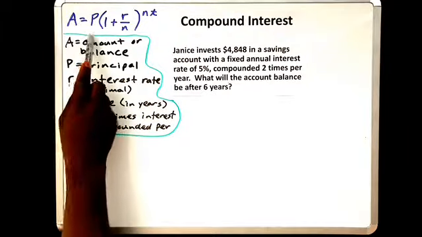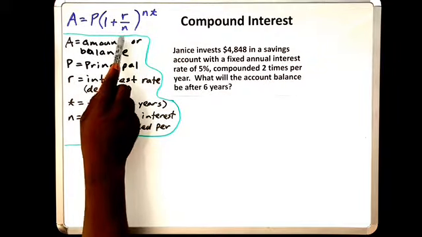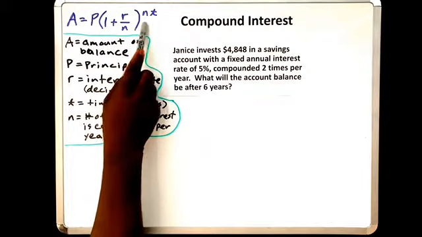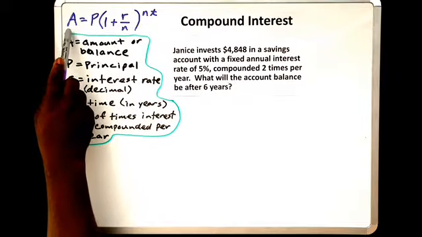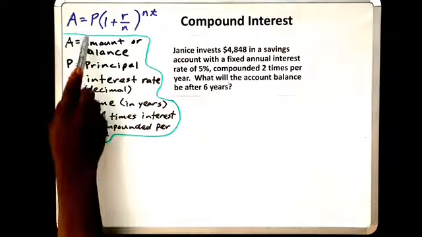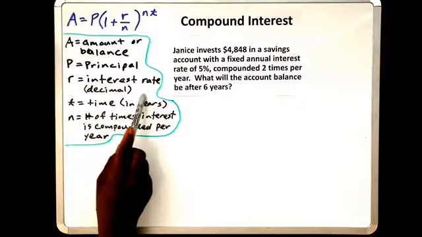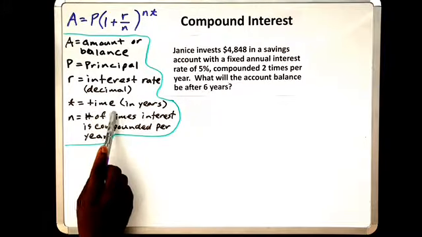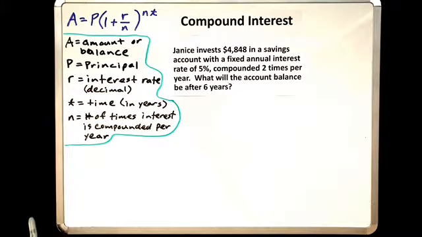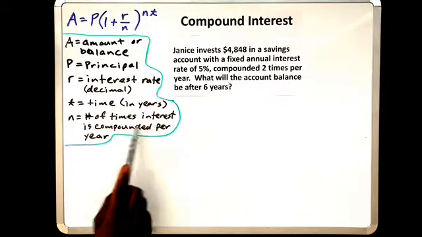And it says A equals P times the quantity of 1 plus R divided by n raised to the n times t, where A represents the amount or the balance that you want to calculate, P represents the principal or the amount you start with when you're investing, R represents the interest rate, we usually write that as a decimal, and T represents time in years, that's important, and then n, the value, represents the number of times interest is